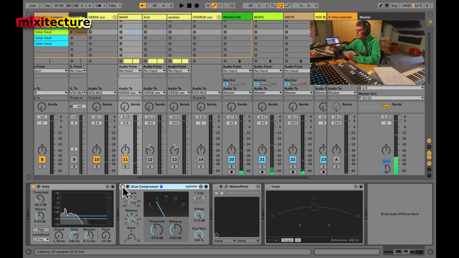And then also when I'm asking the question, how much makeup gain is too much? How much is enough? What I'm going for is just enough that it starts to hit that clip light. It starts to clip on the output or on the VU meter here and not quite